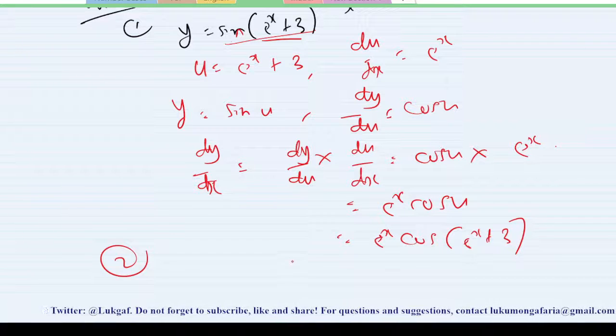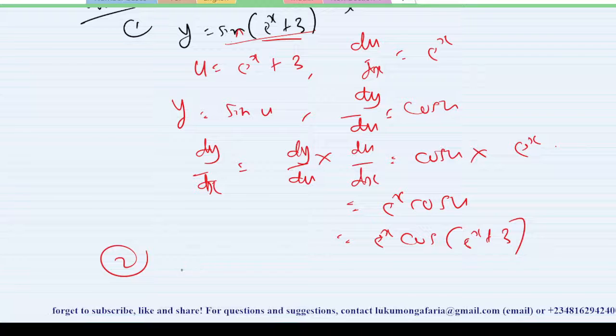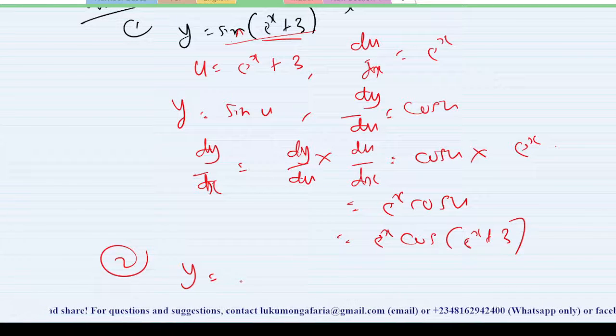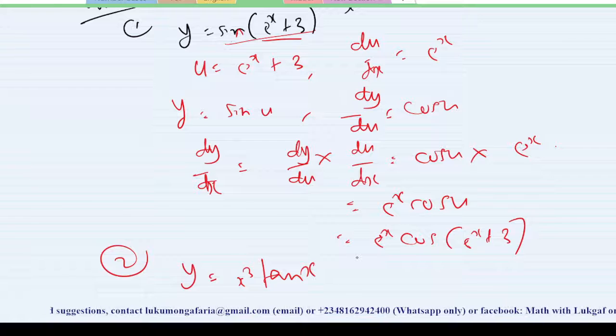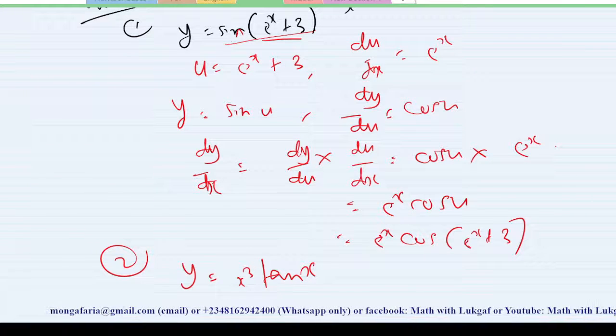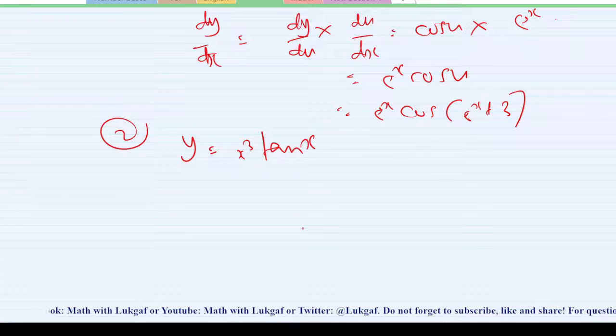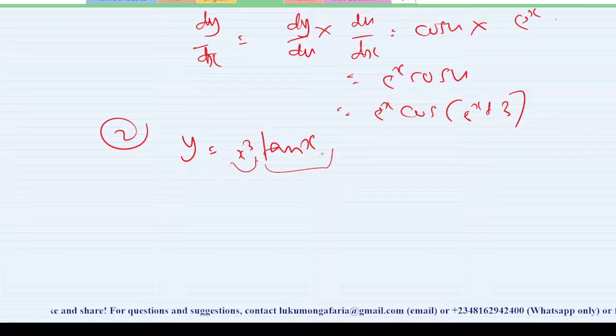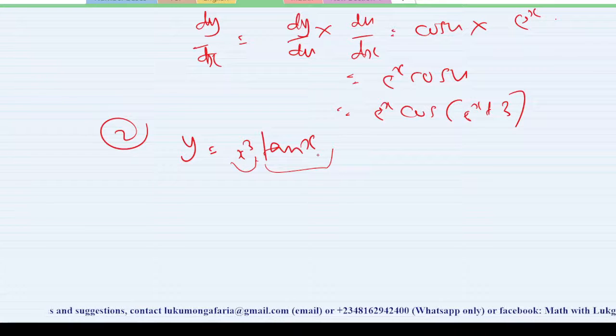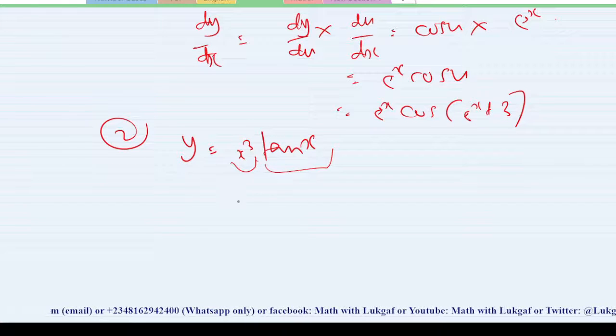The second question, I have y is equal to x cubed tan x. Y is equal to x cubed tan x. Ask yourself, are we going to use quotient rule? No. Why? Because our function is not in form of fraction. Now which one are you going to use? Product or chain rule? So you are going to use what? Product rule, because x cubed is a function, this is another function. I have told you, if you have many functions and the relationship between these functions is product, you are going to use product rule, and it is not difficult.